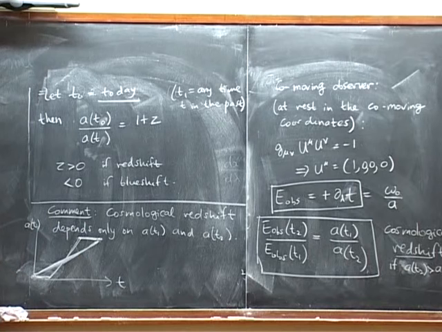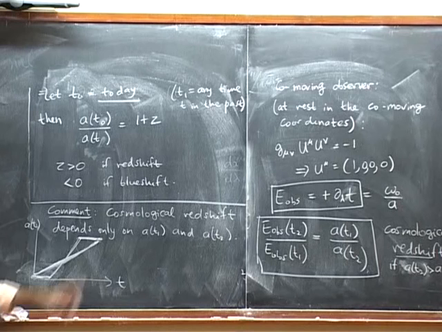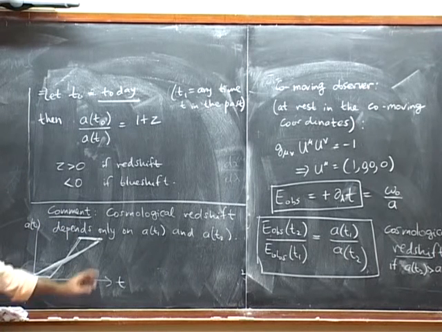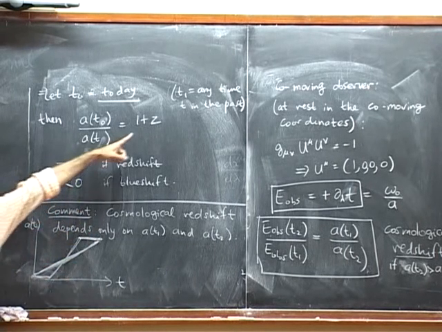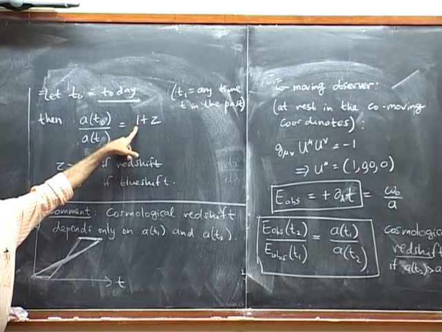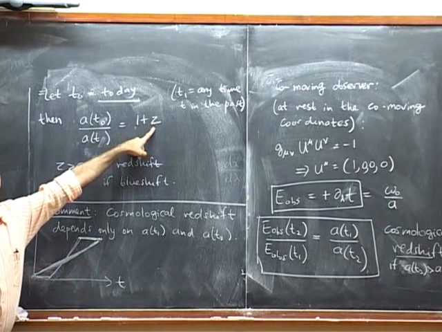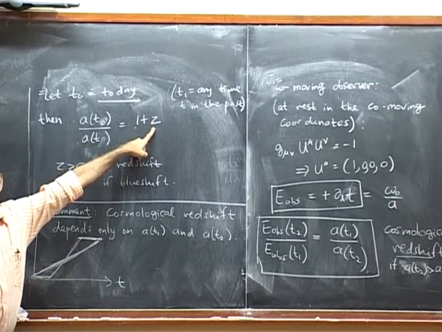When it's very uniform and very slow, then you can think of it in this way. In fact, if it was not slow and uniform, you couldn't even be allowed to use words like galaxies are receding from each other. Okay, next class we'll write Hubble's law. Hubble's law makes sense as it's normally stated when Z is much less than 1. Okay, but Z in nature can be a lot bigger than 1.